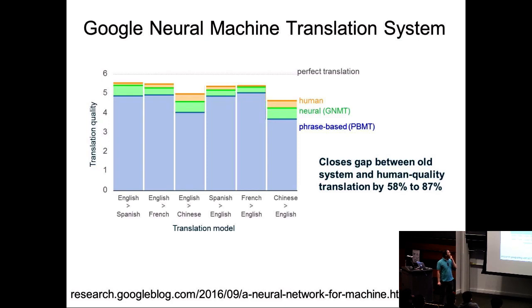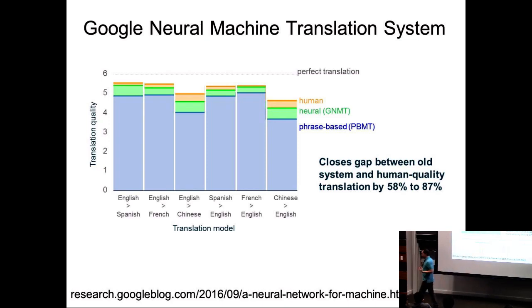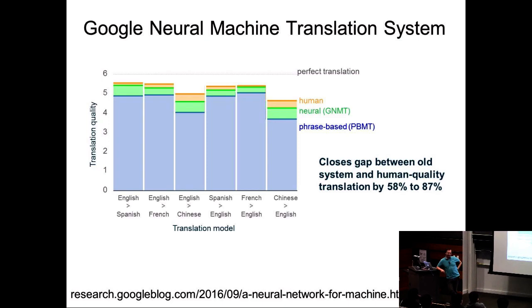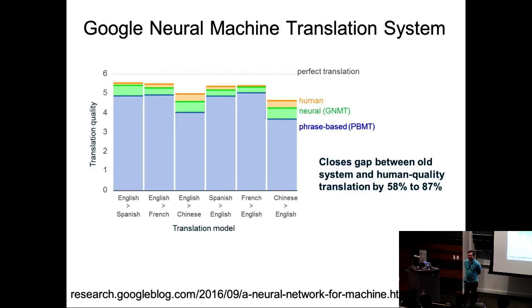So in many cases, you are closing the gap. There's still some gap to close from English to Chinese and Chinese to English, as you can see. But these languages are very different, right? So maybe you need not 8 layers, maybe you need 16 layers, and then you can close the gap. Okay, so now, yeah, question?